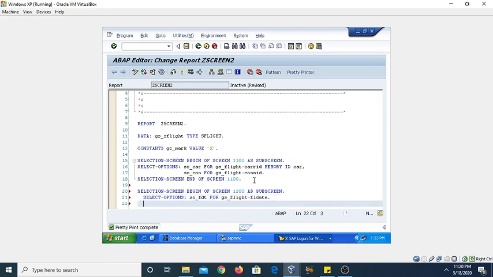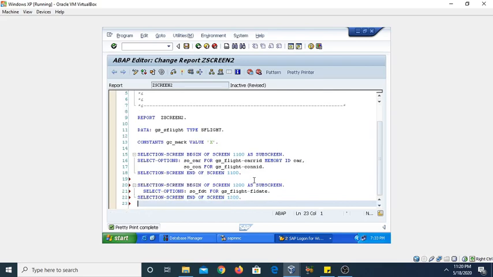Now again the end of the selection screen. So we can end this selection screen with the help of end of screen and then the screen number. The screen number is 1200. Click on the save button.